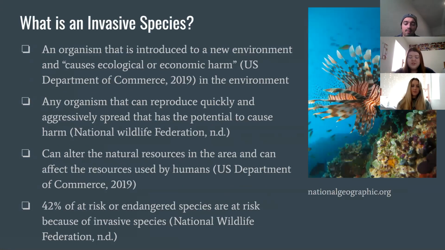All right, and then first of all, what is an invasive species? So basically, it's any organism that is introduced to a new environment and it causes economic harm, and it can reproduce quickly, and it is very aggressive, and it alters the natural resources in the area and can affect the resources used by humans. Also, 42% of at-risk or endangered species are at risk because of invasive species. So they cause a lot of harm and they cause a big decline in the species that are native to